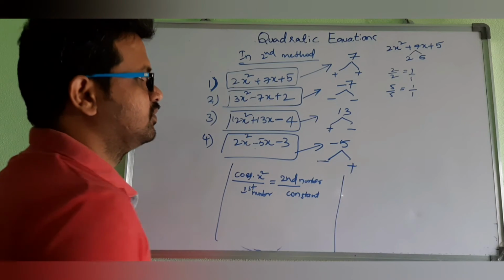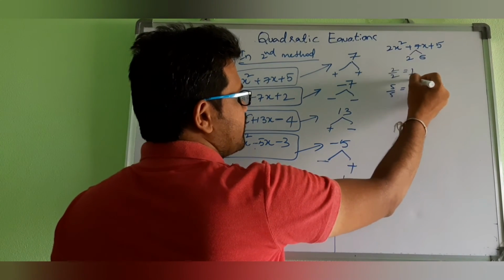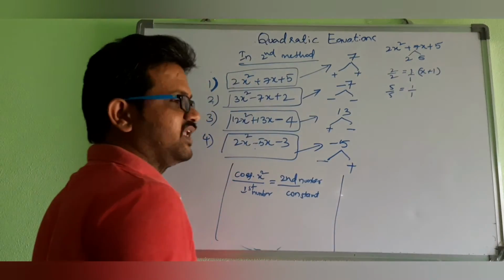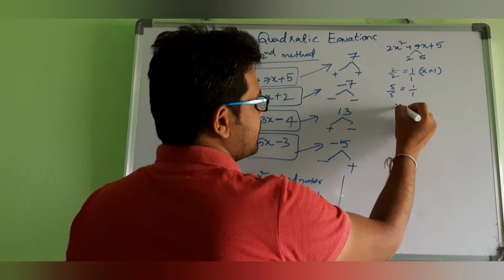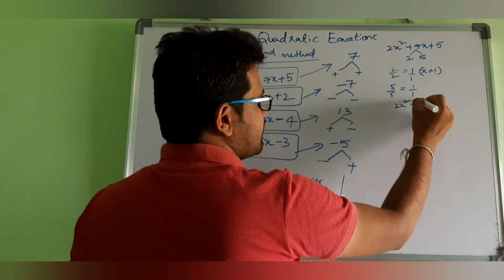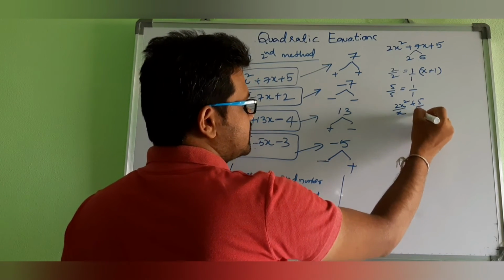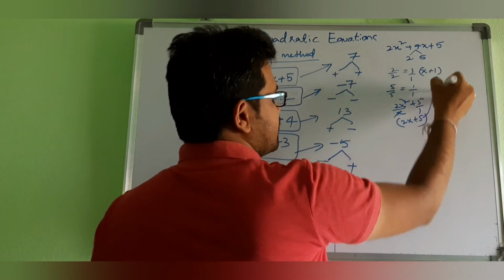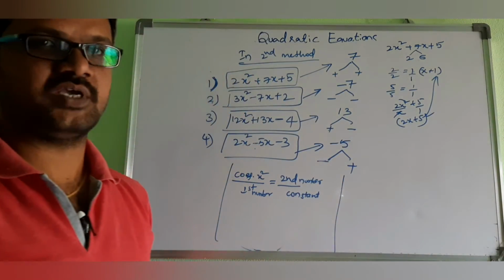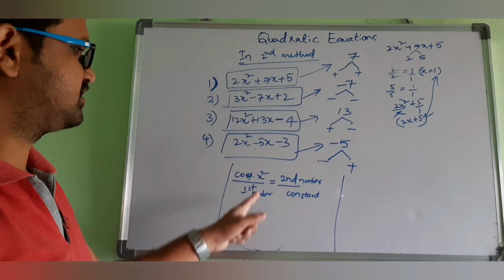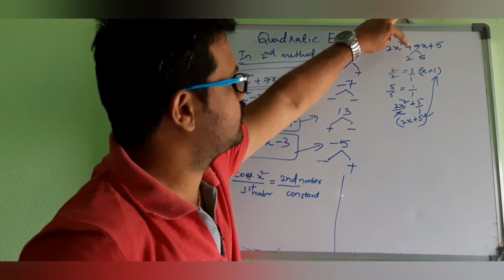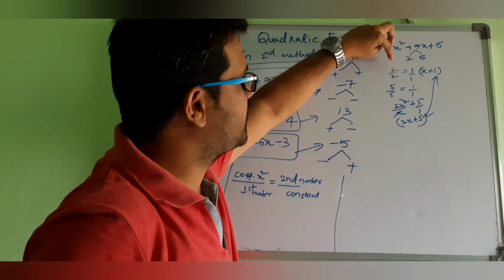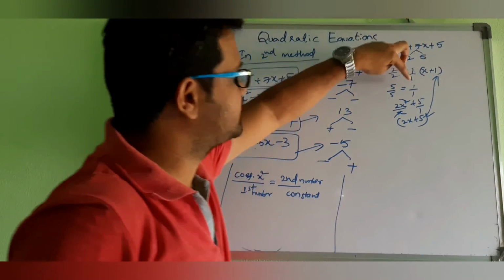The ratio is the same. So 1 by 1 means x plus 1 is one factor. To get the other factor, divide 2x square plus 5 by x, and the constant by 1. So 2x plus 5, we got it. x plus 1, 2x plus 5, first one. Based on this, the ratio must be the same. So 7 we are writing as 2 plus 5. So 2 by 2 is 1 and 5 by 5 also 1.